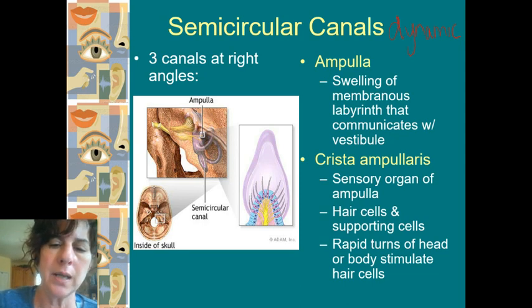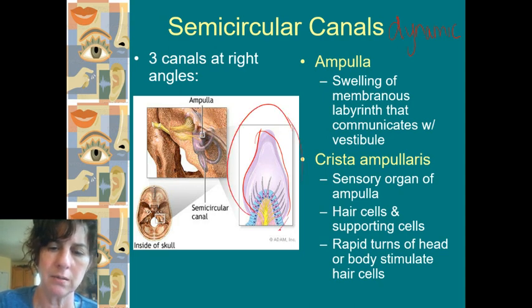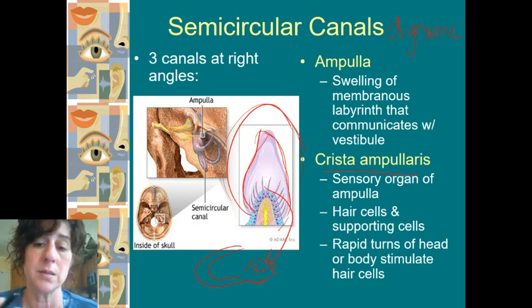You have what's called the ampulla. So the ampulla is this thing, and again, it's going to respond to, the ampulla is actually, sorry, this space around it. This is the crista ampullaris that's located inside the ampulla. So when I looked at my semicircular canals and I showed you a picture and I said, there's the semicircular canals, and then at one end, they swell out, that's the ampulla. So this is the ampulla. And inside of the ampulla, you have this crista ampullaris, okay?